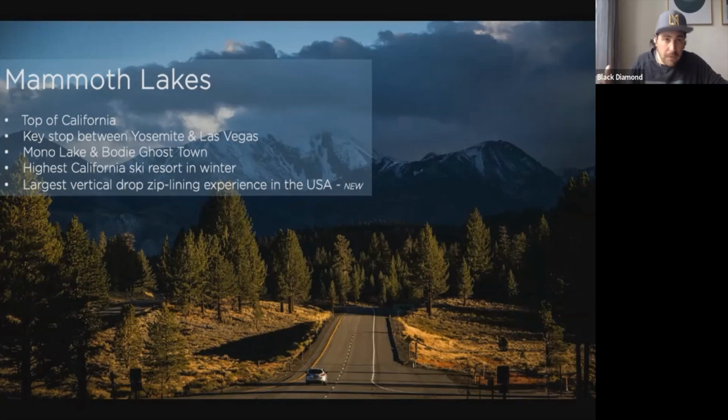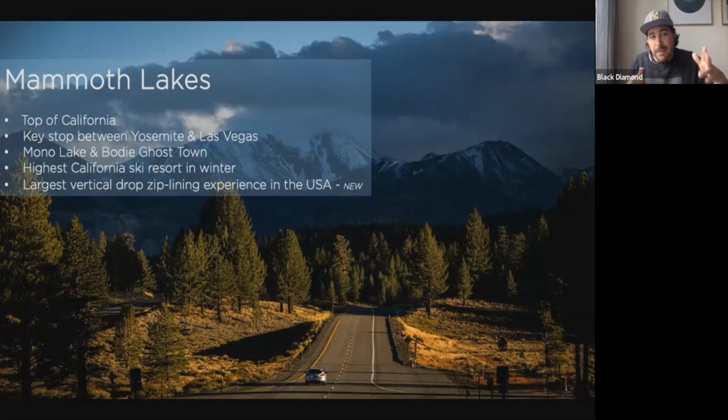So from Vegas through Death Valley and then stop in Mammoth, it's going to take about 6 or 7 hours. Mammoth Lakes to the valley floor in Yosemite is about a 2-hour drive, an hour and a half to 2 hours depending on traffic. Also, you'd be pushing in there at night, so it tends to be better to use Mammoth as your base. You just don't feel so exhausted when you get there.